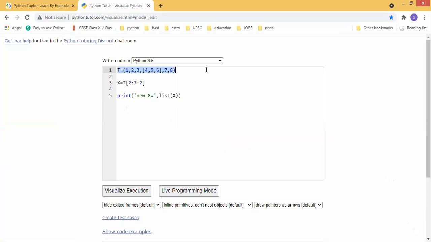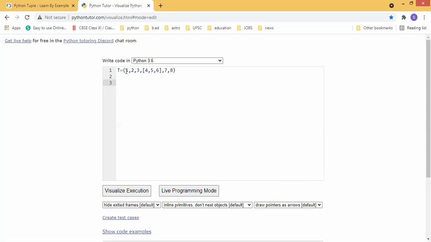So 1, 2, 3, then the fourth item is 4, 5, 6, then the fifth one is 7, the sixth item is 8. So on the top level we have 6 items, but the next level is that 4, 5, 6. The nested tuple has a list inside. That list is mutable, so you can change the values present in the list. Understood everyone?